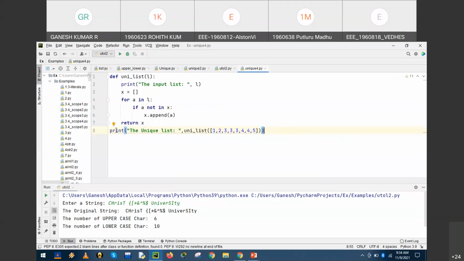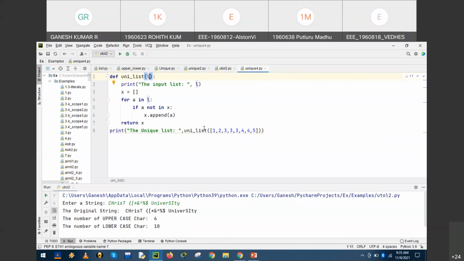So when this statement is called, the argument, which is nothing but the list, is supplied to the parameter. L is a parameter. When the function is defined with the parameter, it looks for input, collected through the argument. Please note the variable in the function definition is a parameter.